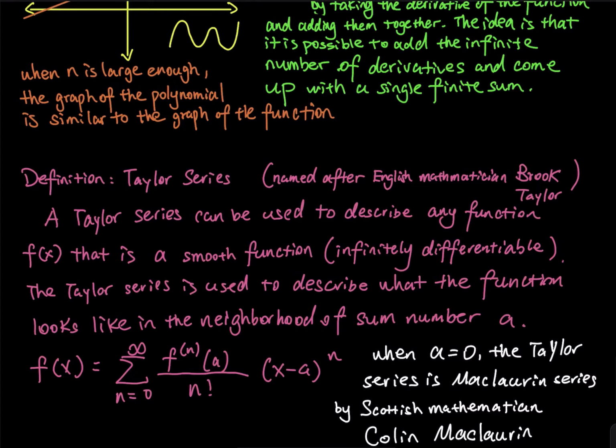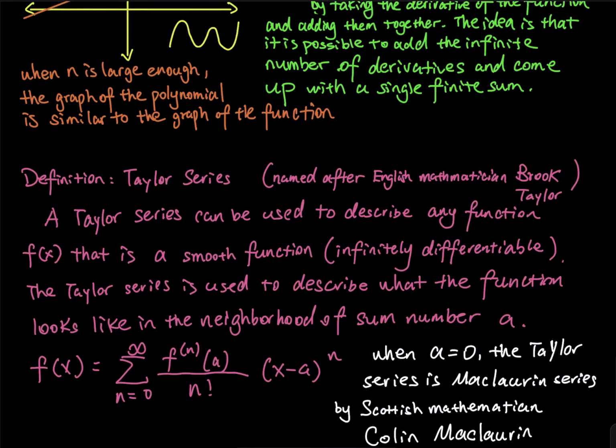What is a smooth function? This is a word you can expect to hear very frequently in future lessons. A smooth function is indefinitely differentiable. That means you can take the derivative infinitely many times. The second derivative, the third, the fourth, the fifth, the sixth, you can keep taking derivatives. You don't see a sharp point, you don't see a curve break, you don't see a vertical asymptote, so the function is always differentiable. The Taylor series is used to describe what the function looks like in the neighborhood of some